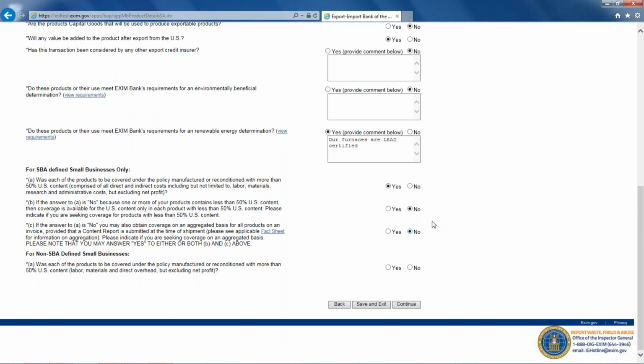I believe, and Amy, correct me if I'm mistaken, if you click yes to this, you're going to be asked to provide some additional information with respect to how invoices are being aggregated. Yeah, I think the only time they need to submit the extra information is when they do the shipment report. Oh, okay. Not at the application stage, but this is kind of warning them that they're going to have that when the time comes. Okay, very good.